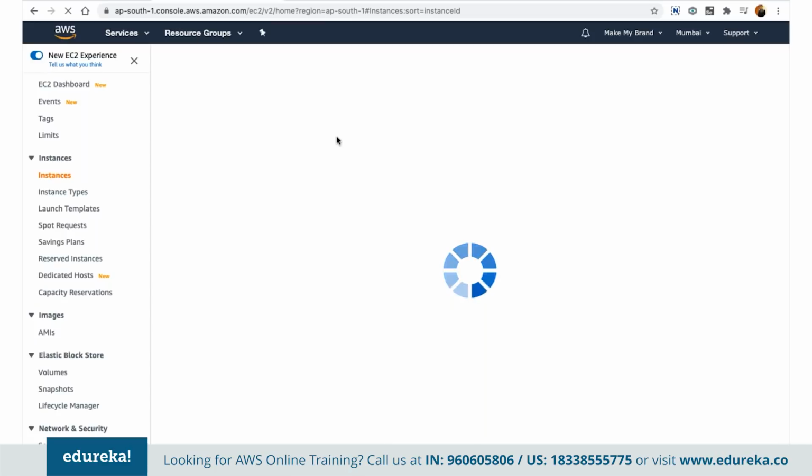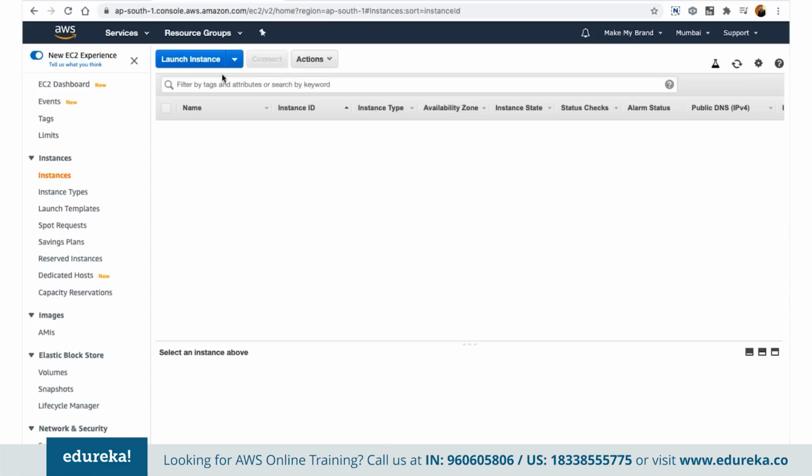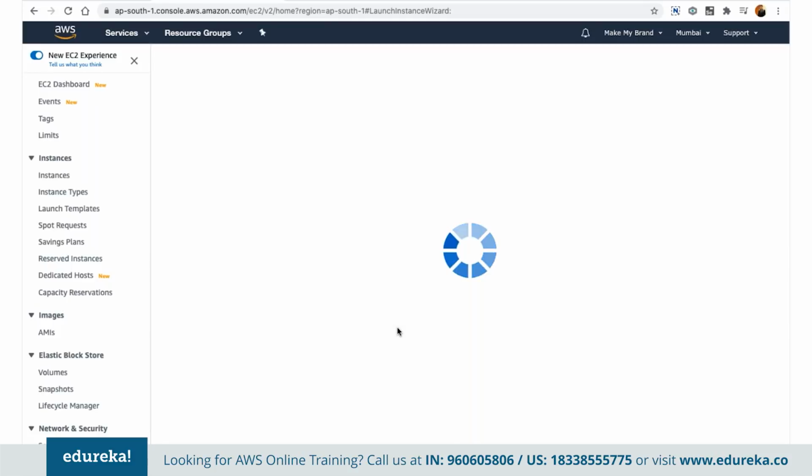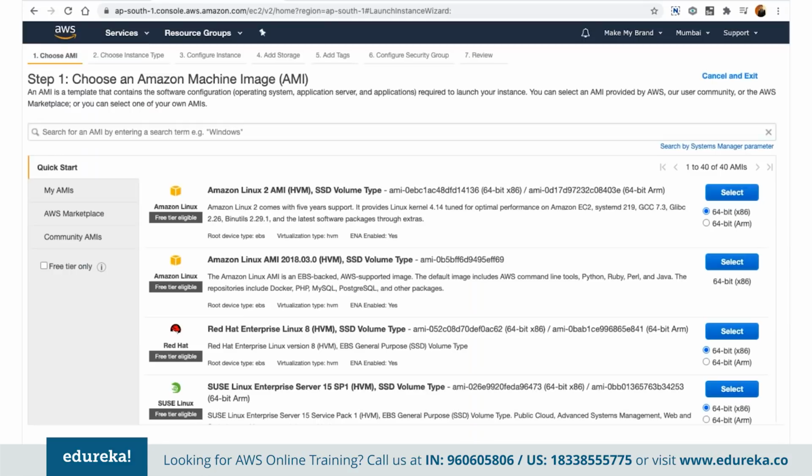For creating a new instance, as in a web server, we have to click on the option which says Launch Instance. Once we click on Launch Instance, we would be able to see a 7-step process in front of us. The first one starts with the concept of AMI, which refers to Amazon Machine Image. When we talk about machine image, it simply means, in simple layman terms,